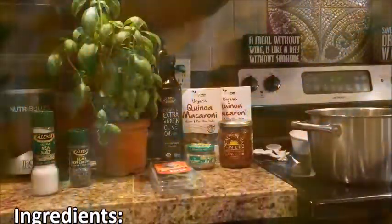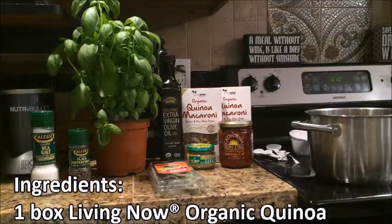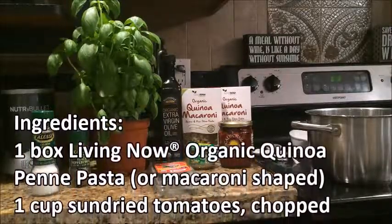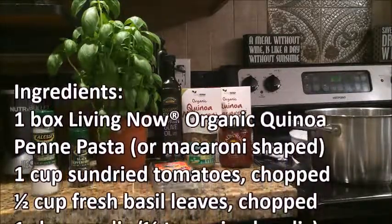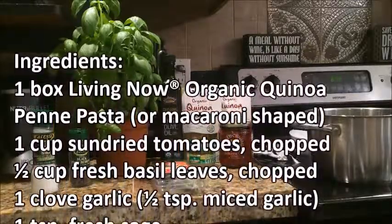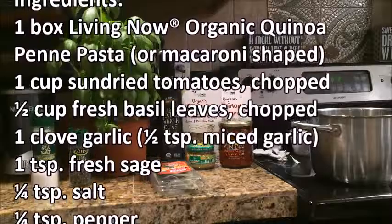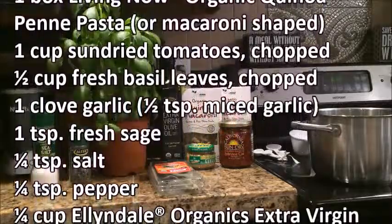So the ingredients you're going to need for this recipe are 1 box of Living Now organic quinoa penne pasta, 1 cup of sun-dried tomatoes chopped, a half cup of fresh basil leaves chopped, 1 clove of garlic, or you can use minced garlic, which is what I'm using. You usually do about a half teaspoon to equate for 1 clove,